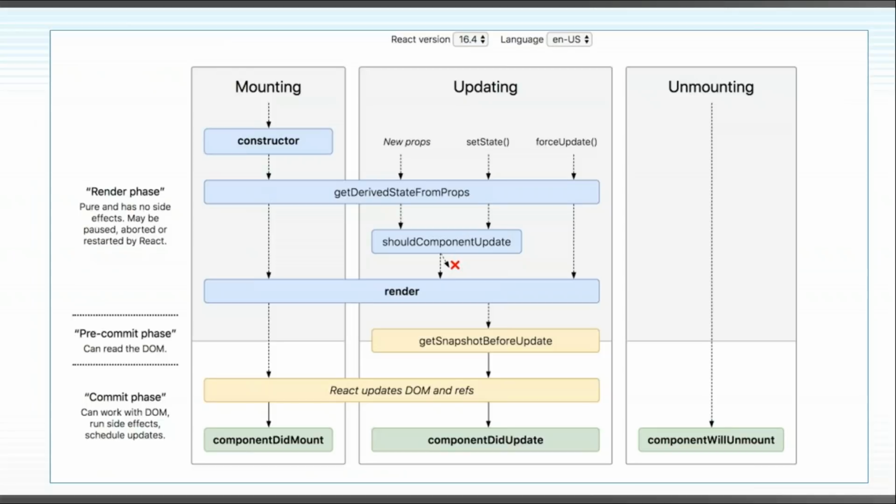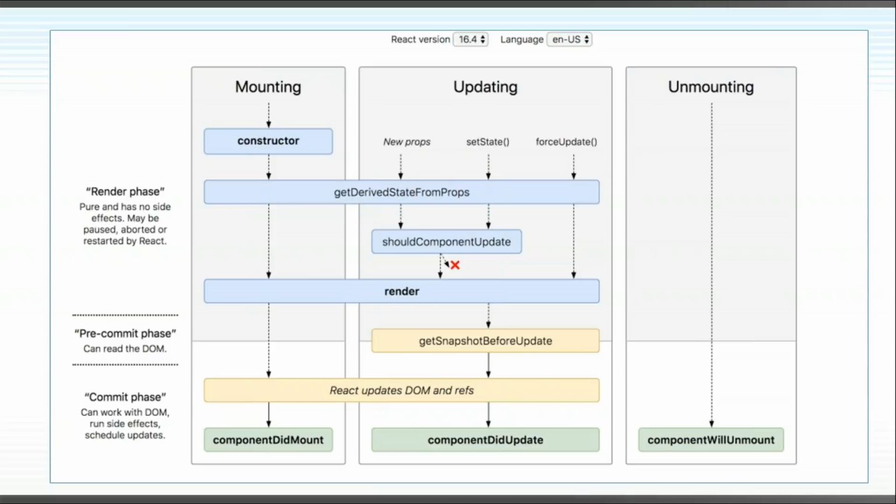Now this is just a pictorial representation of the different phases. If I talk about the life cycle of any React application, it revolves around three important phases: mounting, updating, and unmounting. So first you add the component to the DOM, you do some changes or updates, and then finally you unmount it. So what are the different methods shown on the screen? You can see the different methods we generally use while mounting, updating, and unmounting. In the mounting phase, we place the constructor. We can call the method called componentWillMount.